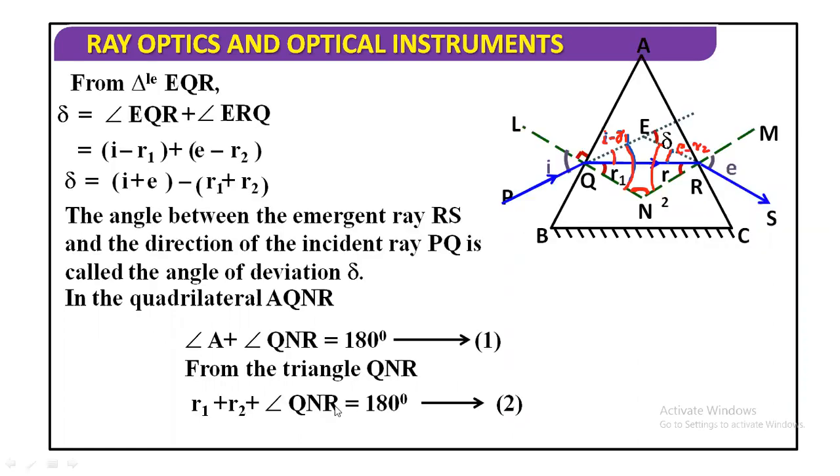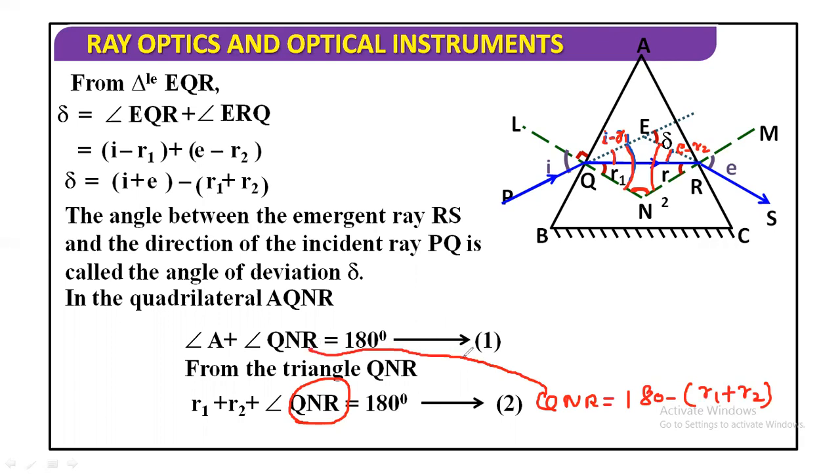Again, the sum of the three angles in a triangle is equal to 180 degrees. In this triangle QNR, R1 plus R2 plus QNR is 180. Now from equation 2, find out QNR. So you will find QNR is equal to 180 minus (R1 plus R2), and put the value of QNR from equation 2